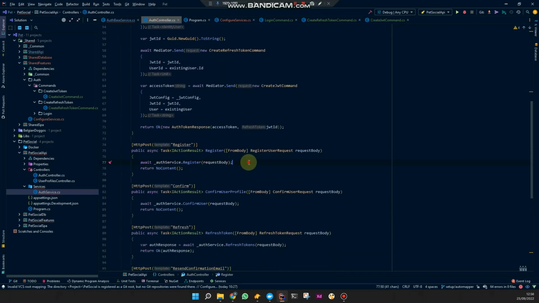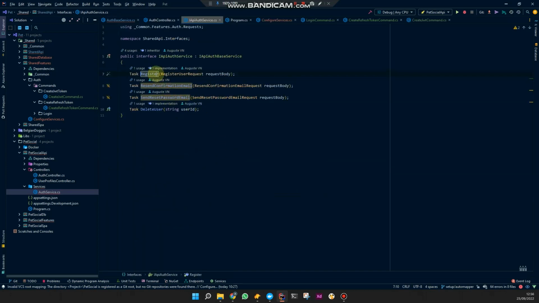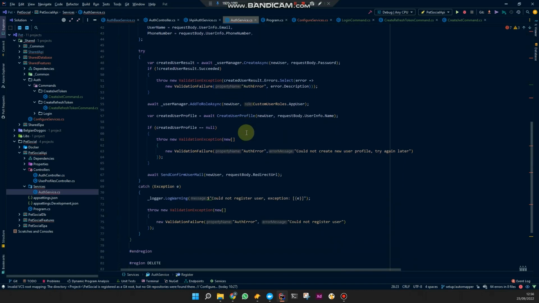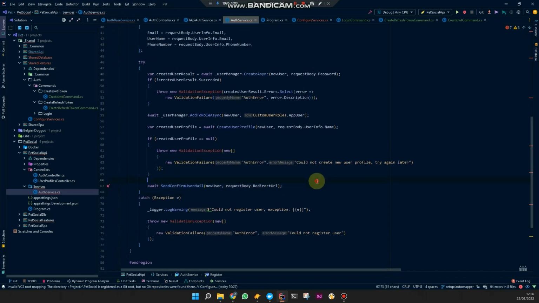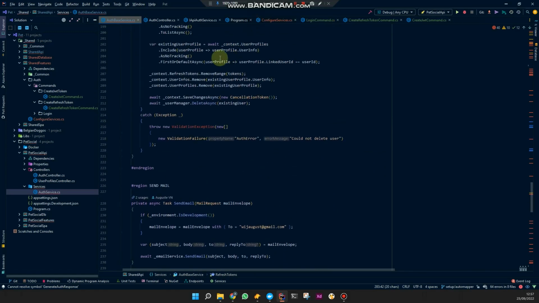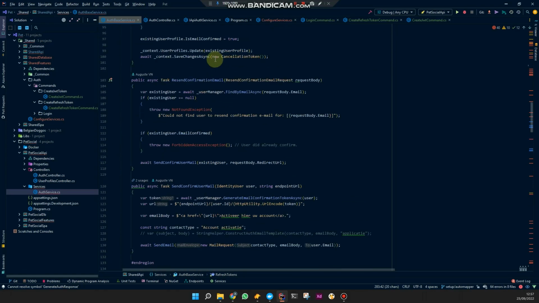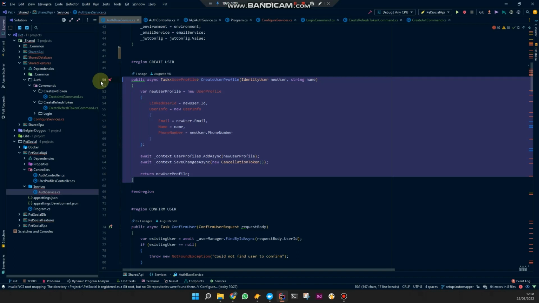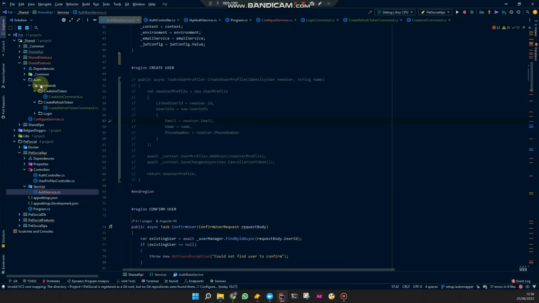The next one's going to be register. This is a very specific one, for each project specific, I mean. And it's pretty large. Excuse me, we were chopping up the auth base service, not the auth service. So let's look at the next one there, which is create user profile. Let's copy it and comment it out. And then we are going to make a